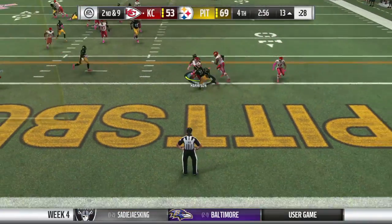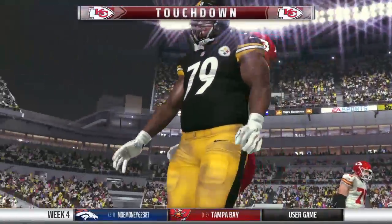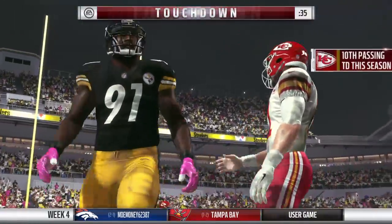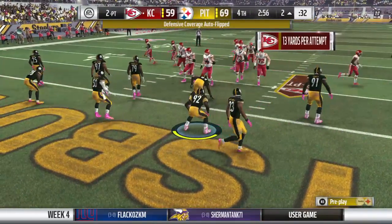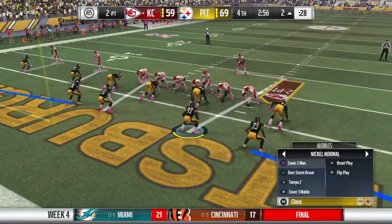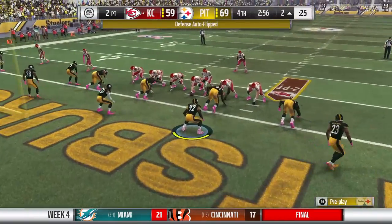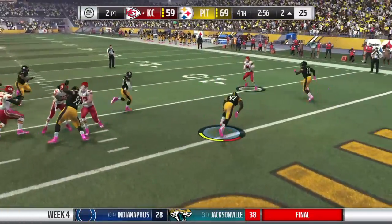This will be caught at about the 6. And he takes this into the end zone for a Chiefs touchdown. Travis Kelce with 2 touchdowns on the season, both in this game. And the Chiefs are able to cut into this lead. So he's hit pay dirt twice, but still they're facing that deficit here in the second half. So they're going to see if they can continue to find ways to get him to...